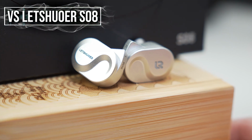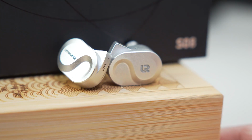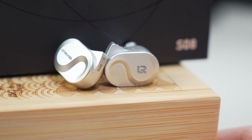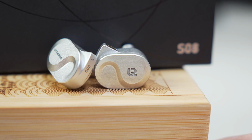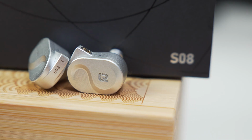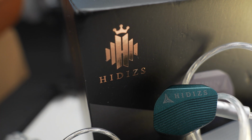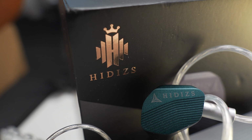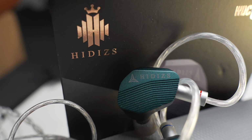Compared to the Let's Shure S08, the MP143 Salt is out to dethrone the S08 from Let's Shure because of how similar their presentations are. They are both warm, they both have that weight and fullness to the lower regions, smooth delivery from the upper ends. Again, this is simply comparing between the Salt on the gold filter with the S08, and to be honest, it was really difficult to tell the difference between the two. It's like splitting hairs because of how similar they sound,